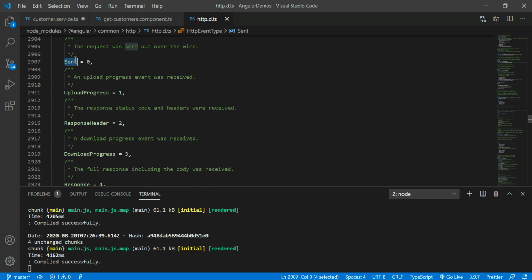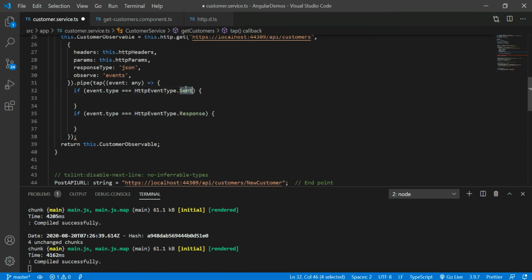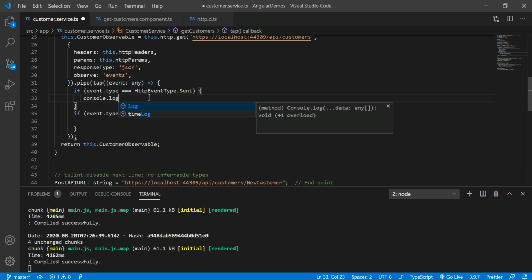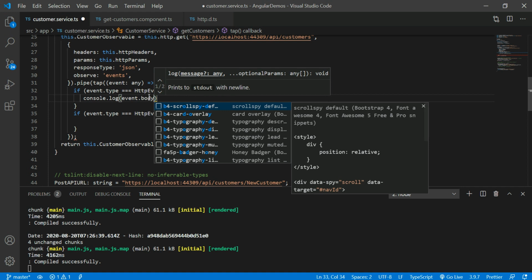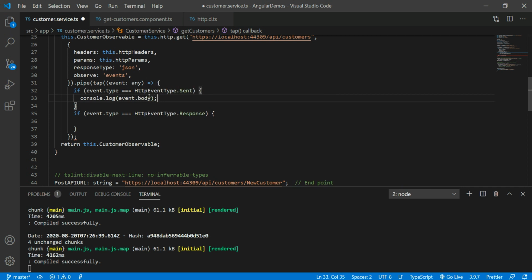These both are enum types. So let me add a console.log of event.body. Event.body means the response body.